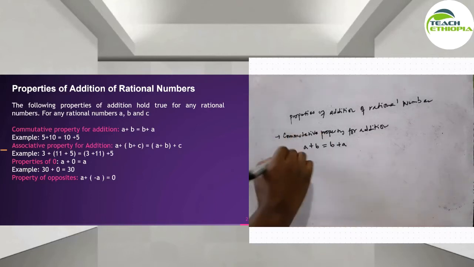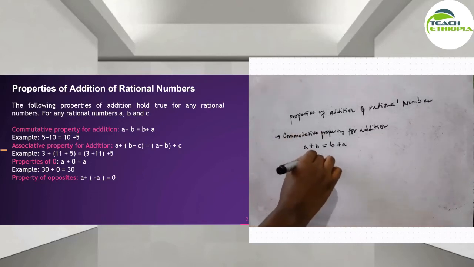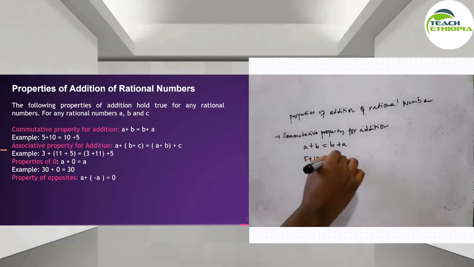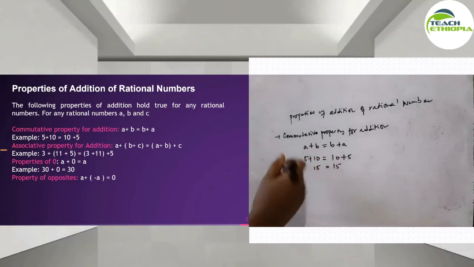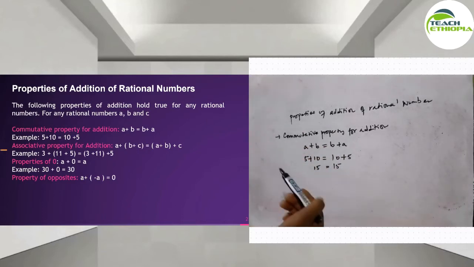For example 5 plus 10 is equals to 10 plus 5. This is going to be 15. Similarly, this is going to be 15. ስለዚህ commutative property በአዲሽን ላይ ሆልድ ያደርጋል ወይም ደግሞ it's true ነው ማለት ነው።